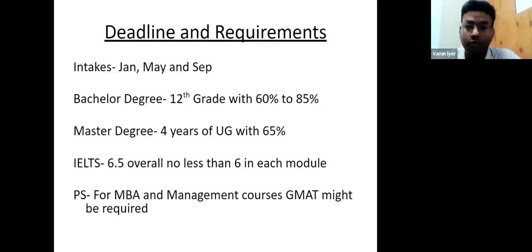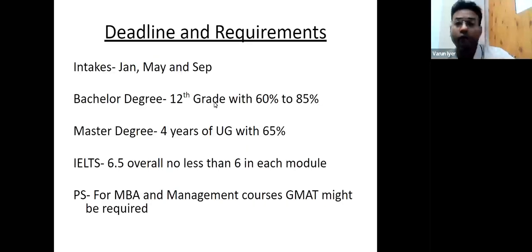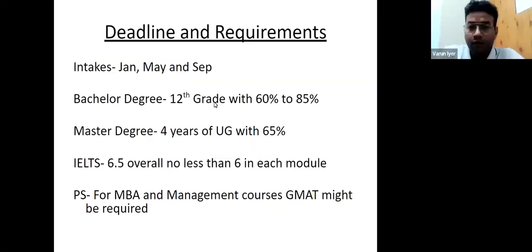I have done it with many students because we can show that you are meeting that 16 years of requirement and you are going for another master's. In your bachelor's degree, you should have an aggregate of 65% minimum, right? Let's say you have done 12th, after that BCom and then MCom in India, Bachelor's of Commerce, Master's of Commerce. So in this case, you have 12 years of schooling, 3 years of bachelor's, which is 15, and then 2 years of master's, which is 16, 17 years. So which means you are eligible to apply for the master's degree in Canada.